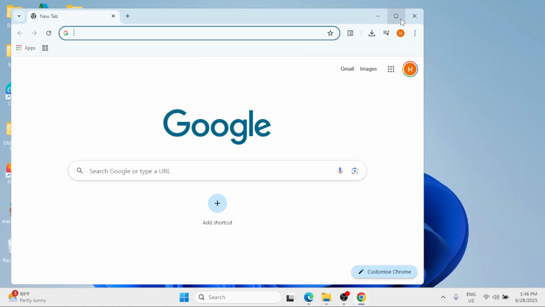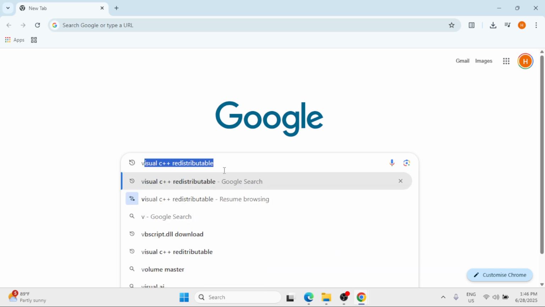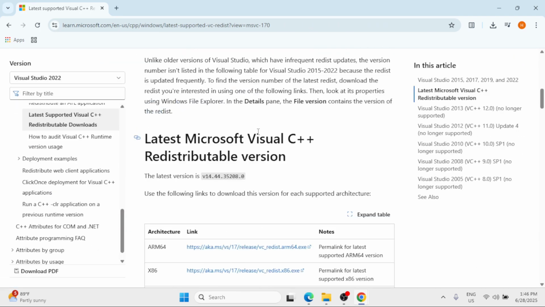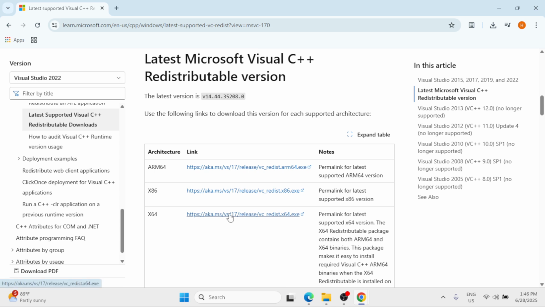Open a browser. Search for Visual C++ Redistributable on your Windows browser and hit enter. Click on the first option. Scroll down and simply click the download link depending on your system type or the architecture. This is the latest Microsoft Visual C++ Redistributable. Click on the folder icon